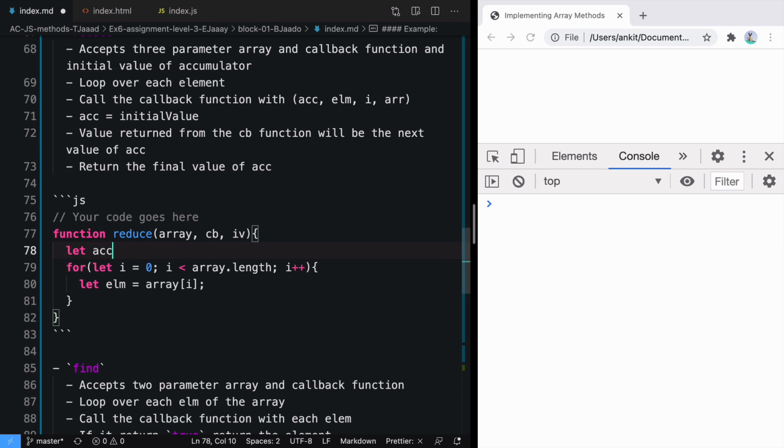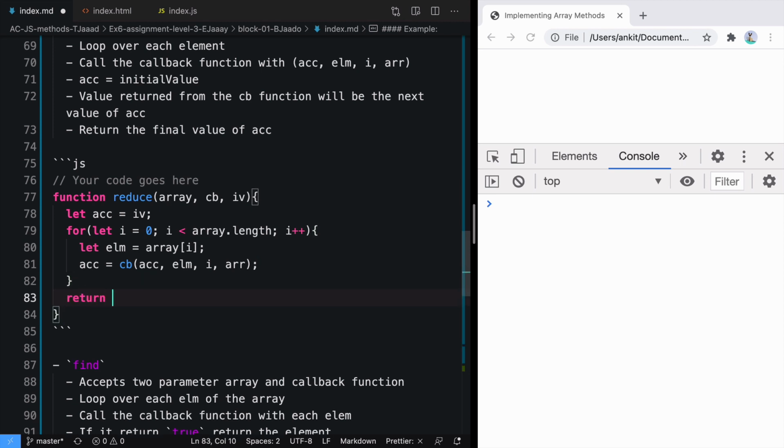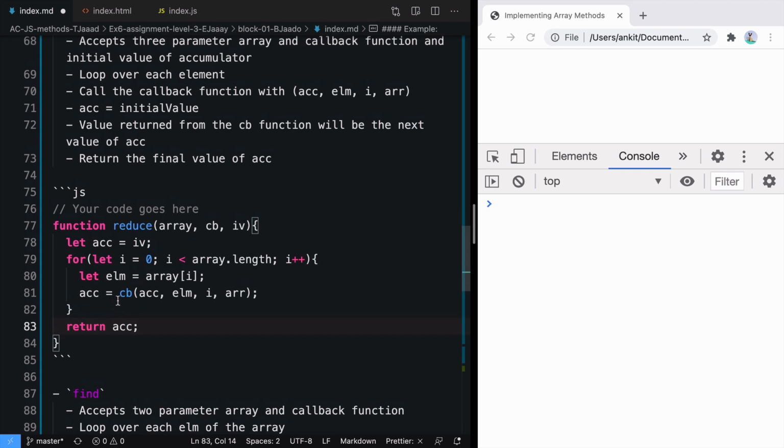So we'll say ACC is equal to initial value. Let's call the callback function with four values, that is accumulator, element, index, and array. Whatever gets returned will be the next value of the accumulator. So we'll say ACC is equal to whatever is getting returned from the callback function. And finally, we just need to return ACC. So we have followed all the instructions and I hope this function will work.